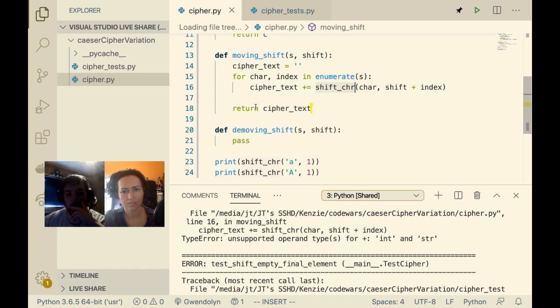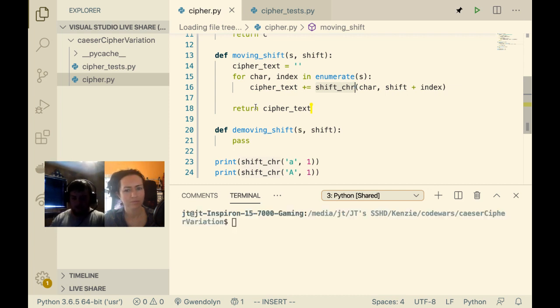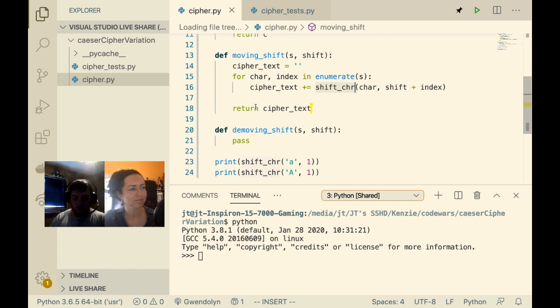So I wonder if, just here, let's try this, and I'll do it in this terminal. If we just call Python and then we say this, okay, so it should work.